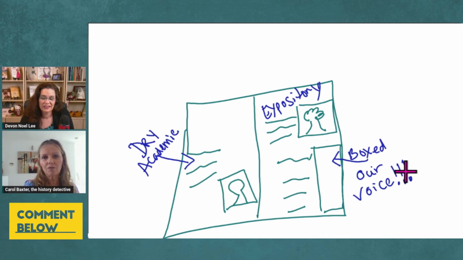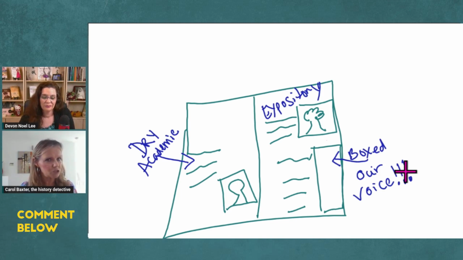And if we have enough interesting stories, and let's be frank, we can all tell a story when it is something that relates to us. We can all follow the 5 steps of the storytelling process and include all the ingredients in those steps. We can all do that when it's our own story. So we can use those boxed voices to communicate our own story about our experiences researching this particular family.